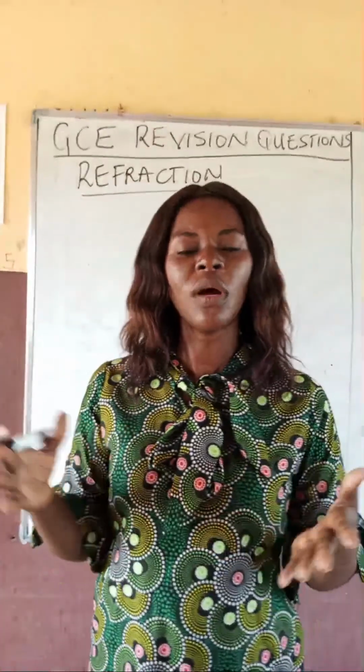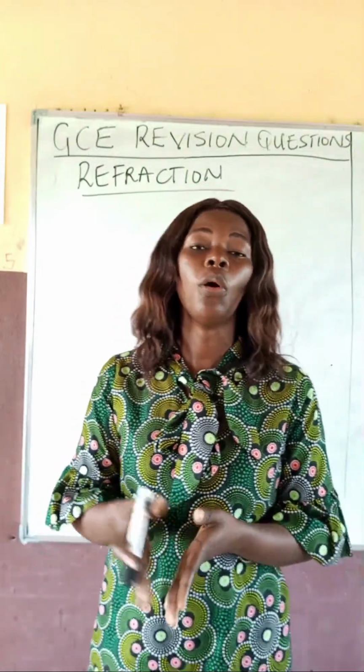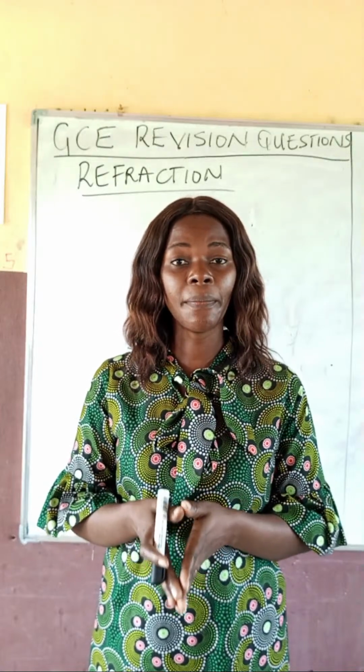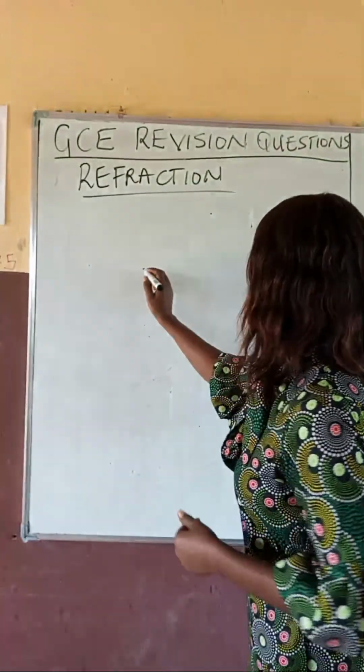Now, what is refraction? Refraction is the bending of light when it passes through a boundary between two media, or we can say that refraction is the bending of light at the boundary between two media of different densities, thereby causing a change in its direction. How do I mean by that? If I have